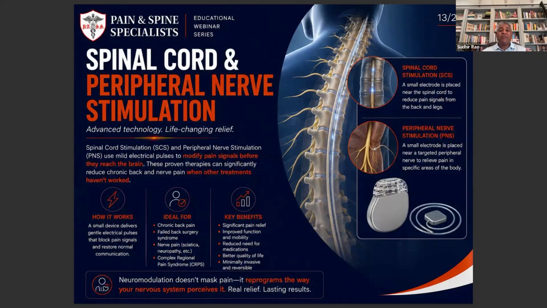So we're looking for about a 50% improvement with the trial. And the trial is just really placing a wire, a flimsy little spaghetti-like wire, either into the spine or around joints, around these specific nerves. It takes 15 minutes to do the trial. We just tape it to your back. There's no incisions. There's no sutures. We tape it around the joints or around the nerves or around the spine, and then you have a remote control that controls the device, and you get to try it out for